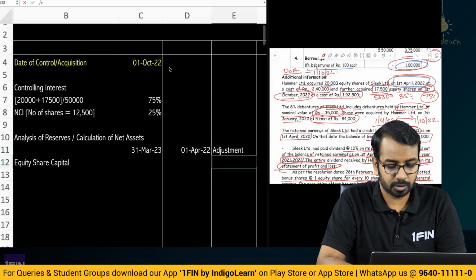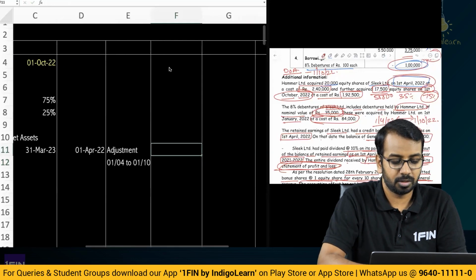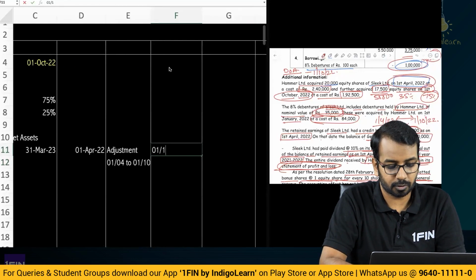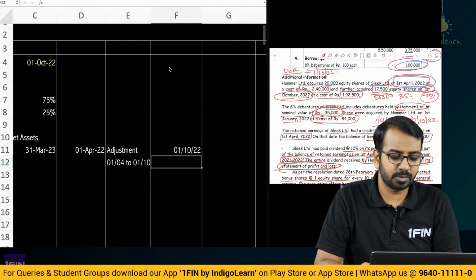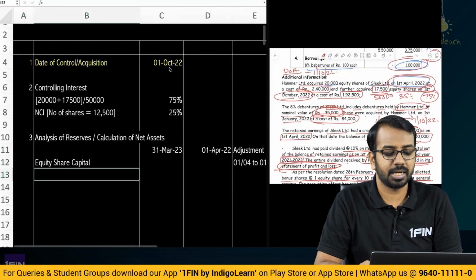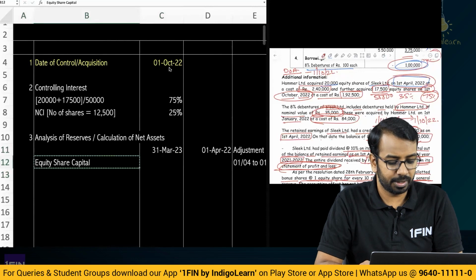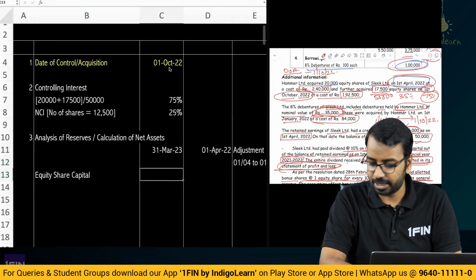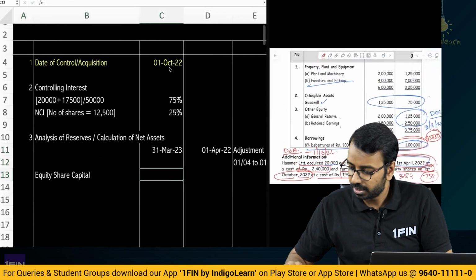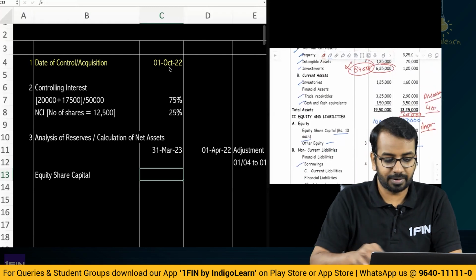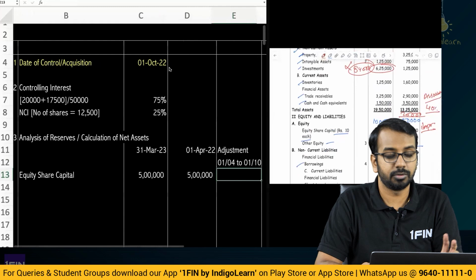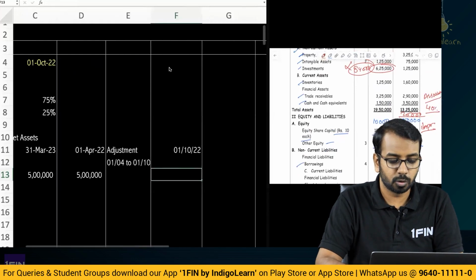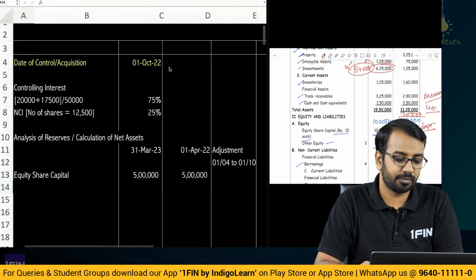from 1st of April to 1st of October, and then what is the balance as on 1st of October of 2022. Okay, you can do it as a separate working note as well, but if you do it at a single place, it will save time, right? So when it comes to equity share capital as given in the question, it is 5 lakhs, right? And this is 5 lakhs on 1st of April also, there is no adjustment. So on 1st of October also we will assume it is 5 lakhs. Then